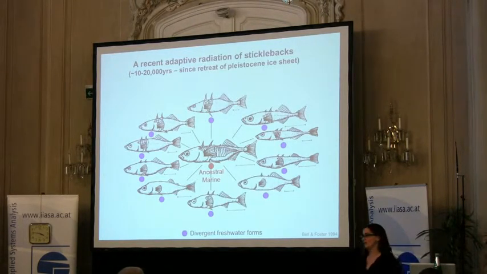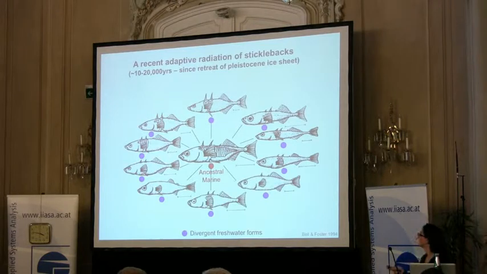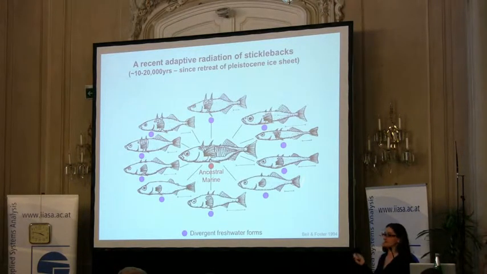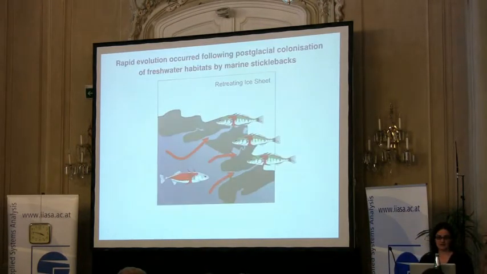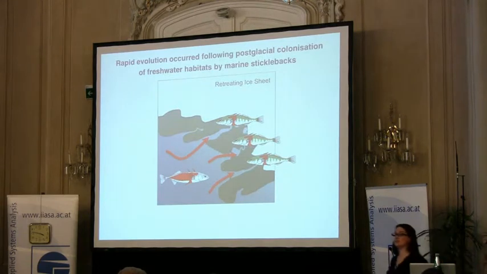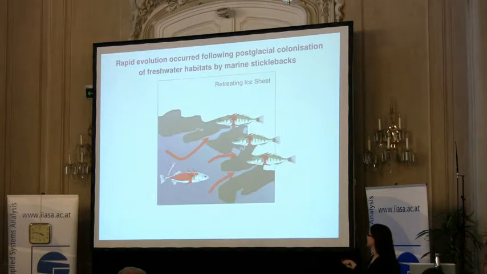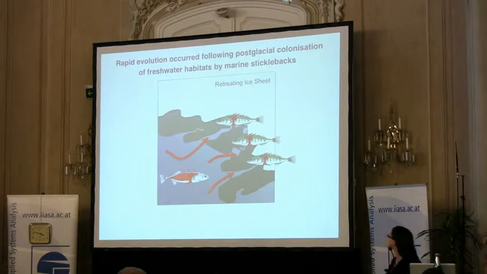There is a massive amount of diversity in sticklebacks, and you've heard about limnetic and benthic forms and also lake and stream forms. Much of this diversity has arisen since the ancestral marine stickleback invaded multiple different freshwater habitats, and so we see a whole bunch of different freshwater forms, and that's a typical adaptive radiation like a starburst phylogeny. Much of this has occurred in the last 10,000 years since the retreat of the ice sheet across the northern hemisphere. So the ancestral marine fish invaded new empty habitats, and they adapted to their new habitats.